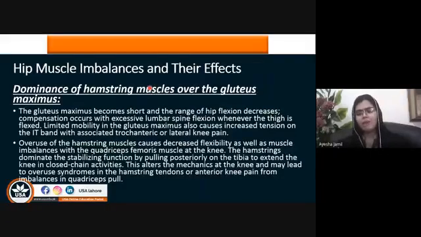Whenever there is tightness at the gluteus maximus, pressure will be imposed on the hamstring, and overuse of the hamstring can cause decreased flexibility of the hamstring. The hamstring has to maintain normal length and relationship, and it has to work at both joints, the hip as well as the knee. So whenever tightness is seen in the hamstring, there will be flexion at the knee as well, and it will cause an unlocking position and strain on the anterior aspect of the knee as well.